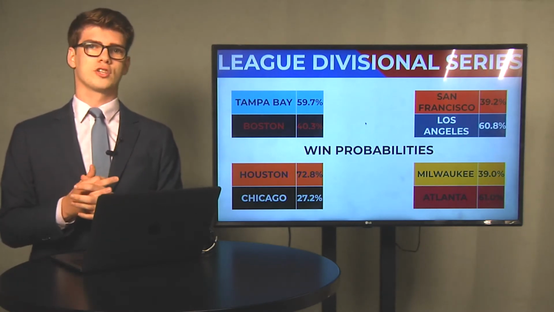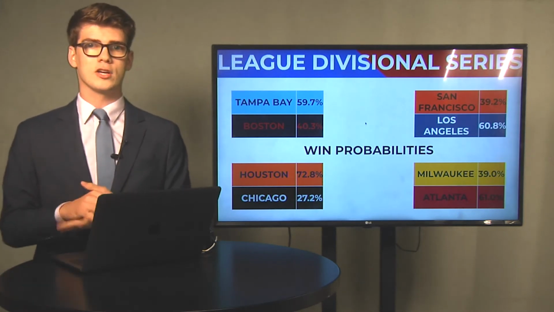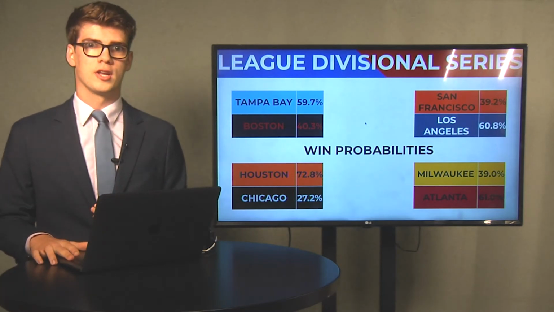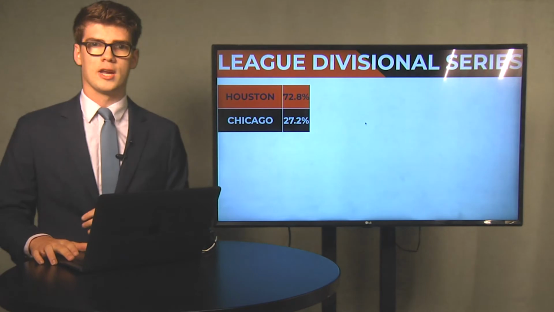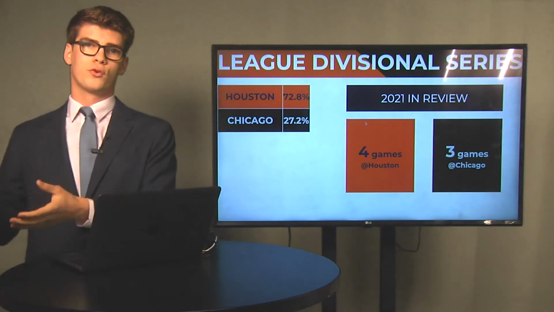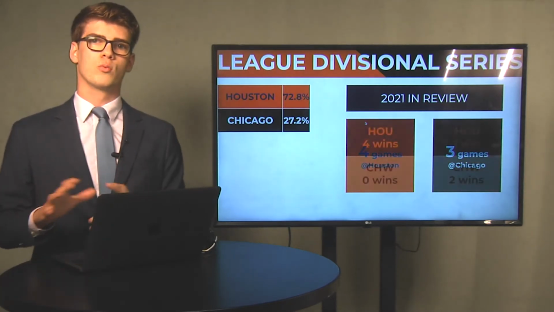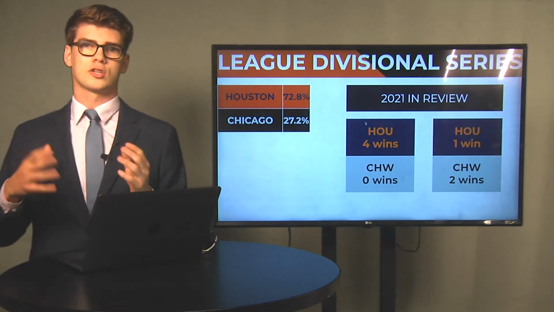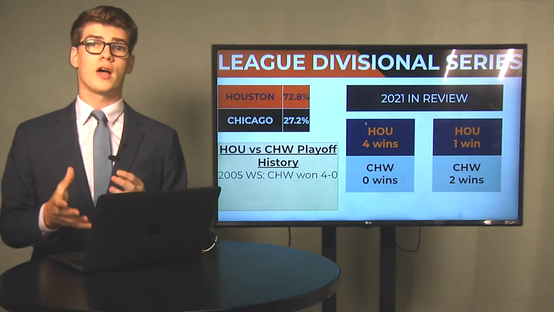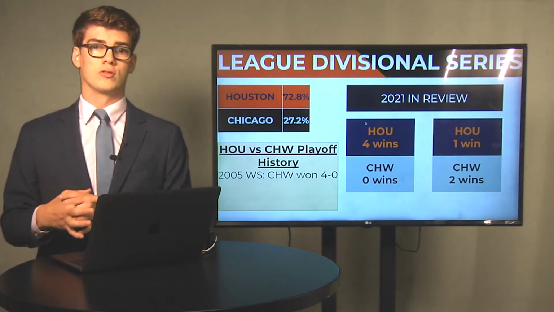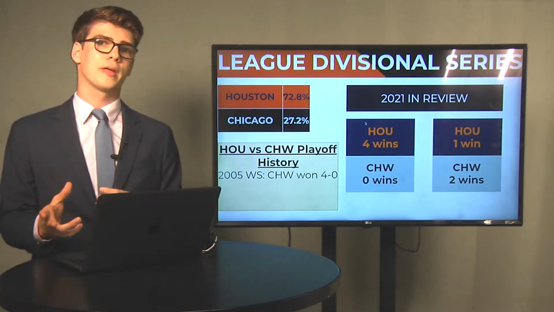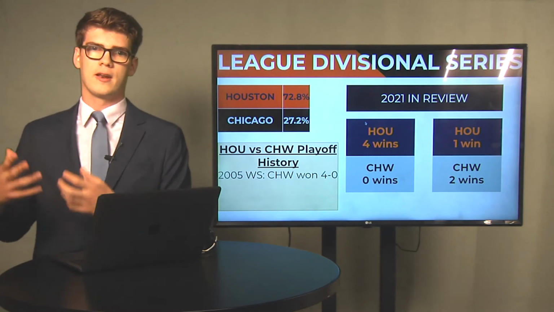The first matchup of the divisional series round got underway earlier today as the Astros play host to the Chicago White Sox. As mentioned before, the model heavily favors Houston, giving them a 73% chance to take that series. During the regular season series, the 7 games were split, 4 in Houston and 3 in Chicago. Houston won all 4 games at home, and the White Sox took 2 of 3 in Chicago, as previously mentioned. Their only postseason matchup was the 2005 World Series, where the White Sox swept the Astros. This is the first time in the modern era since 1969 where a World Series rematch has taken place in a divisional or championship series instead of the World Series.